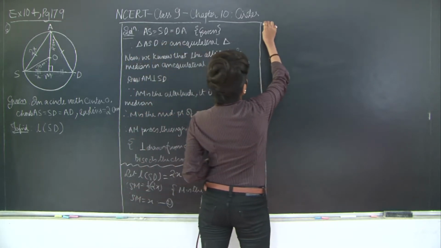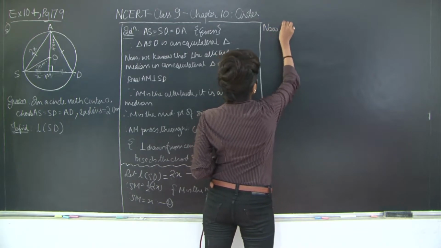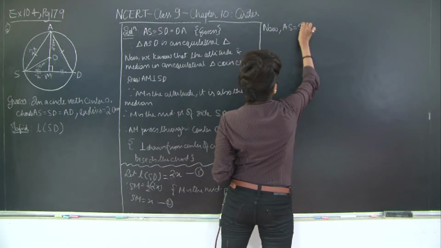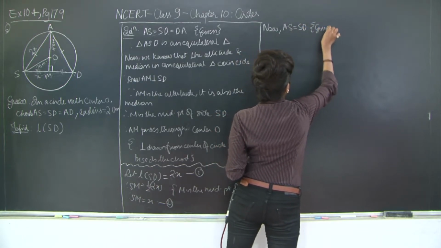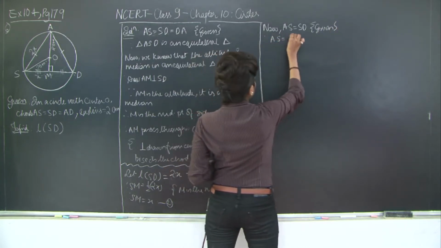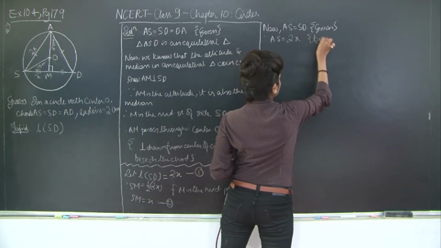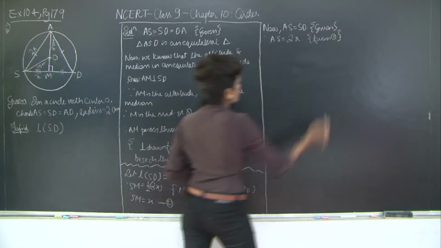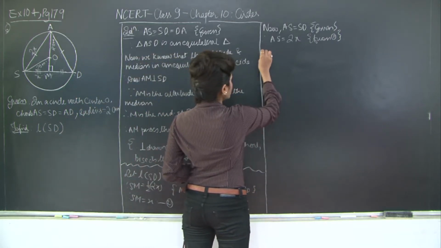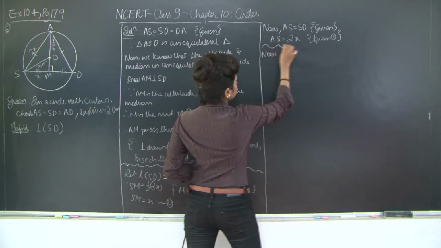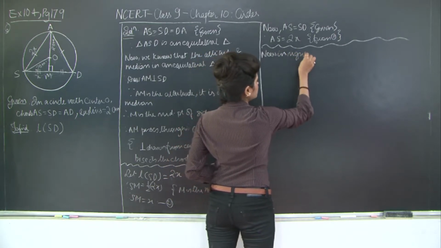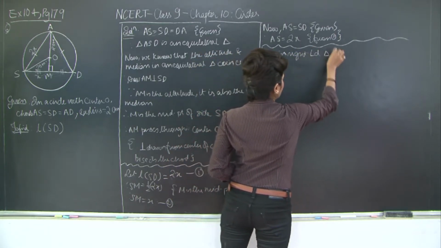I'll say now, AS is equal to SD. This is given. Therefore, AS is equal to 2x. I'll say from 1, because from 1 we know that SD is 2x. So now in right angle triangle ASM,